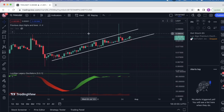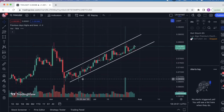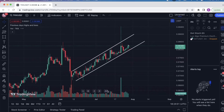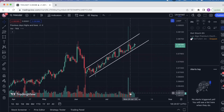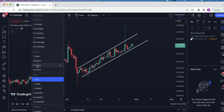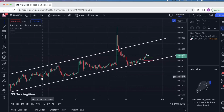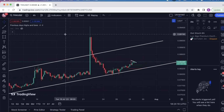Let me see how the volume looks on this time frame here. So big spike. Actually, the volume here is not that weak. It's okay right here. Let's turn the volume off, and let's take this down to the 4-hour. Okay, yeah. So we're just in this ascending channel. So this makes it very